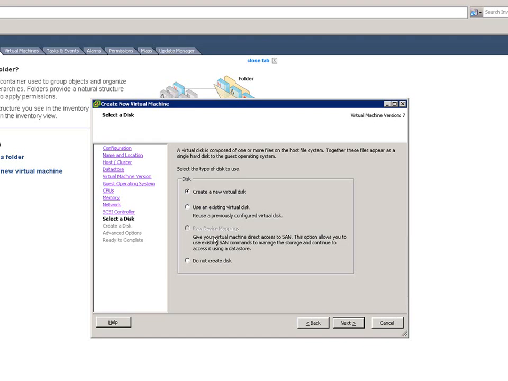So what raw device mapping allows you to do, let's say you create a virtual machine that is intended to be a SQL server or an Exchange server, and you want it to get the best performance possible, and you have a very large disk. You're trying to attach a very large disk. Let's say you want to attach a 400 gig LUN to it. So instead of creating the 300 or 400 gig LUN on top of a VMFS volume,